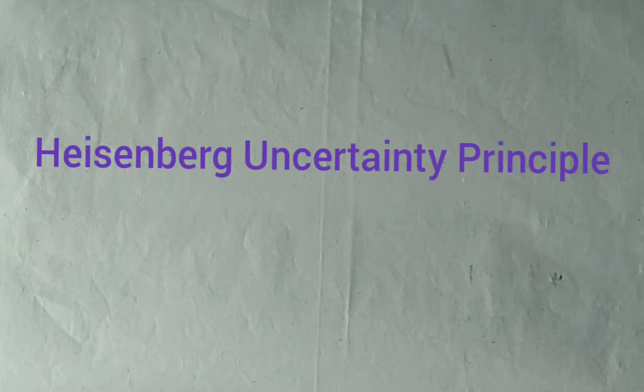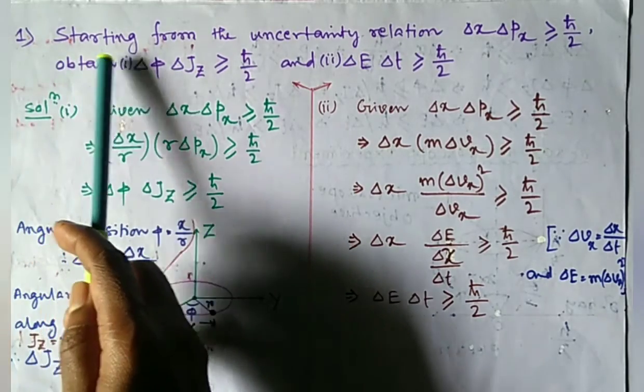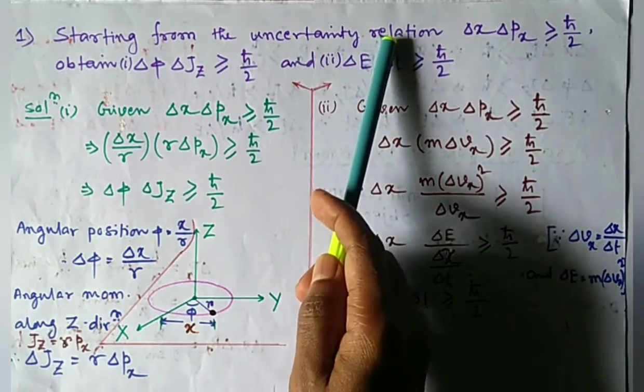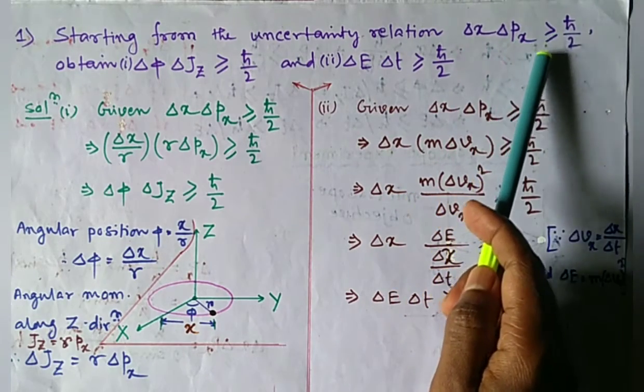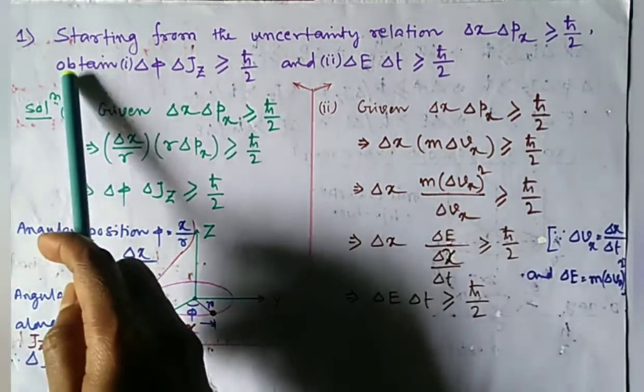Dear students, in this lecture, we shall present some problems and solutions which are very important in exams regarding the Heisenberg uncertainty principle. So let's start. Problem 1. Starting from the uncertainty relation delta x delta px greater than or equal to h bar by 2, obtain